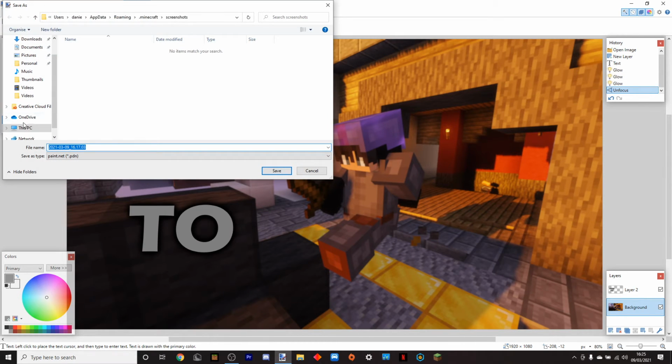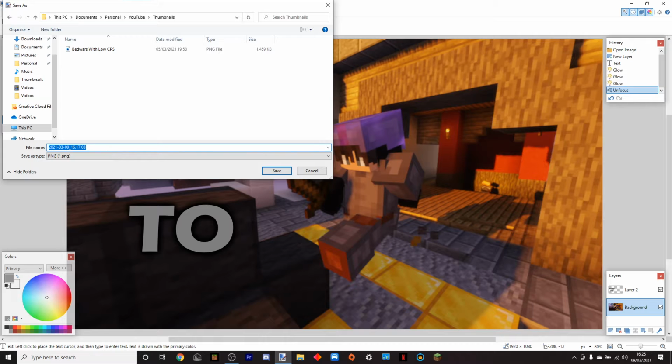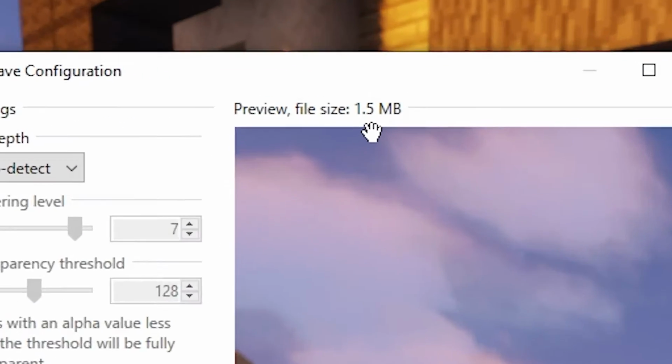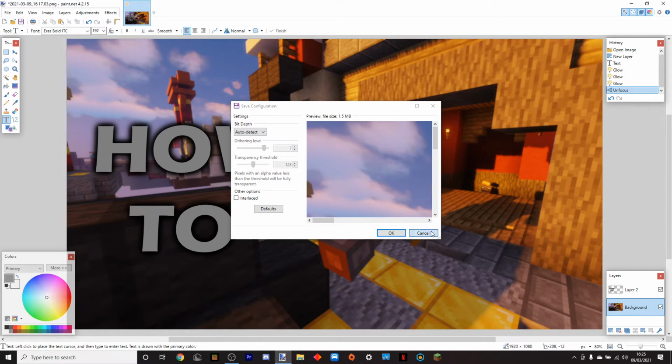I have my own personal folder for this. It's literally just called Personal YouTube. And then I shove it in thumbnails, so we'll just make sure it's a PNG, and then we'll do how to make thumbnails, spelled completely wrong, and then click save, and then read this. If it's above 2 megabytes, press cancel,